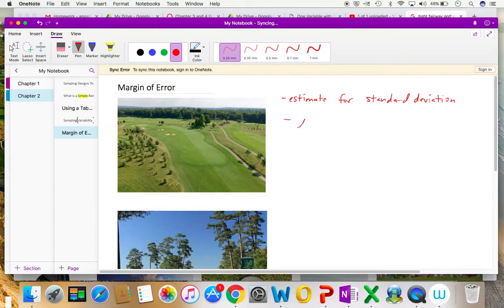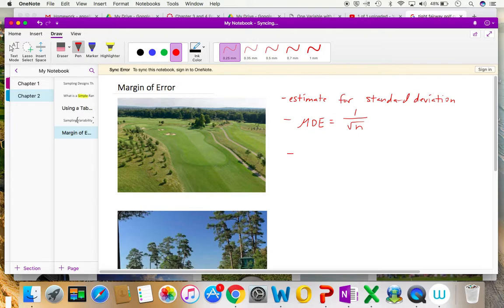Now, margin of error, and I'm going to just abbreviate it as MOE, is always equal to 1 over the square root of n. Okay, this is an important equation. You'll have to use this to get margin of error, where n is your sample size. So let's say, for example, my sample was 20,000 people. To get the margin of error, I would do 1 divided by the square root of 20,000. Take the square root of 20,000 first, and then divide it into 1.